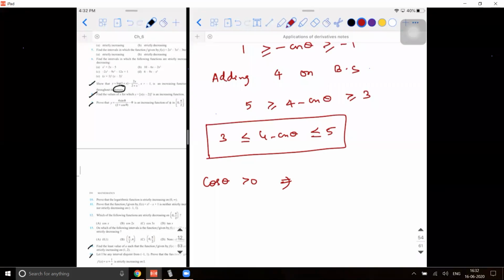So since they have given increasing, you can take it as greater than or equal to. See, actually, they should mention it clearly in the question, because if you look at the answers at the back, some places they would have taken open bracket, some places closed bracket. Actually, they should be very clear. When they use the word strictly increasing, it is greater than 0. When they use only the word increasing, then it should be a closed bracket. So please be careful about that.